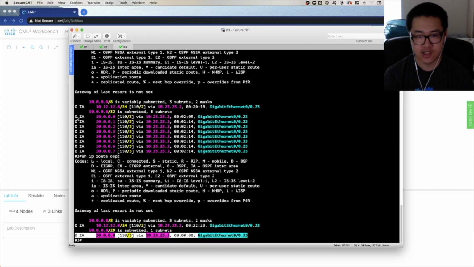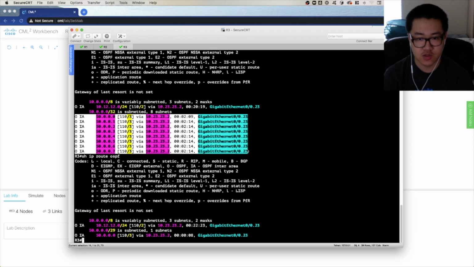This is a fairly small scale example, but you could scale this up super easily, reducing route counts by hundreds or even thousands. Even with just 8 OSPF routes, we use one command and condense them all into one type 3